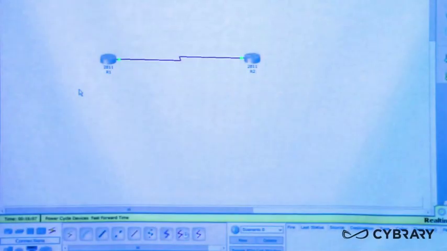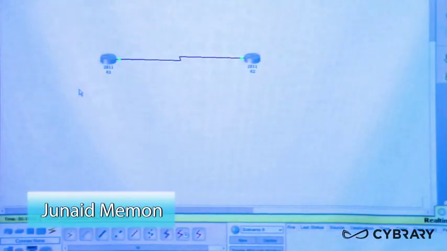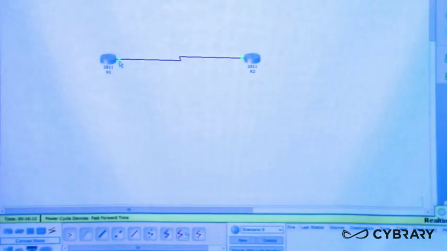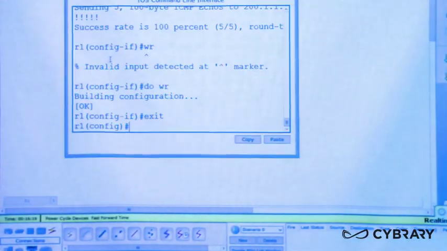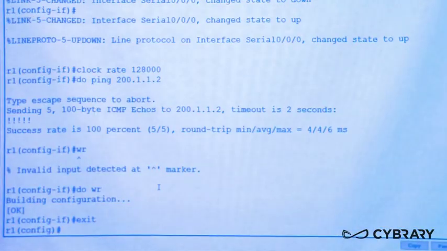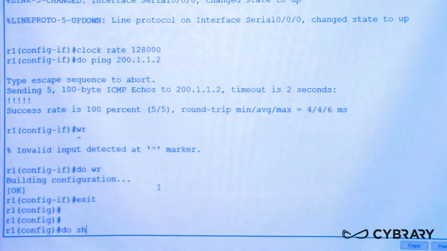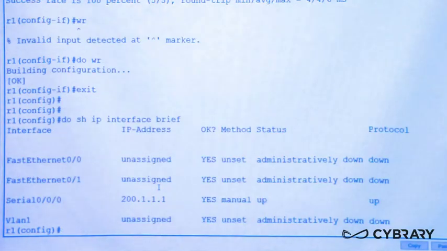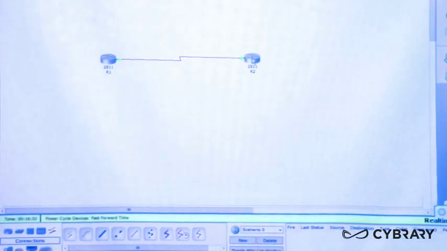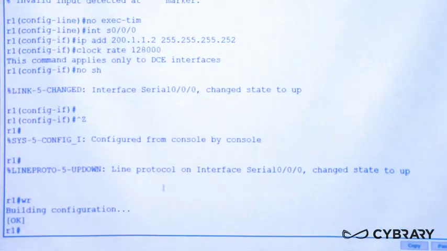All right, folks, I have created a very simple topology. You have router 1 connected on S0/0/0 to router 2 S0/0/0. The IP addresses on these interfaces are, if I say do show ip interface brief, router 1 has an IP address of 200.111, and router 2 has an IP address of